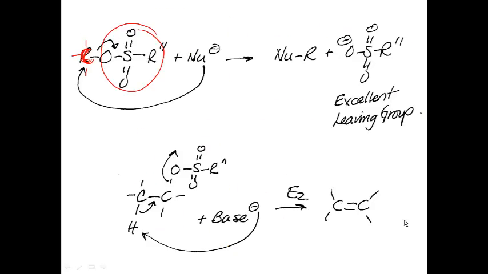Okay. So convert the OH group to the tosylate, and once you convert it to the tosylate, then you can go ahead and do these SN2 mechanisms. You could do E2 eliminations if you wanted to